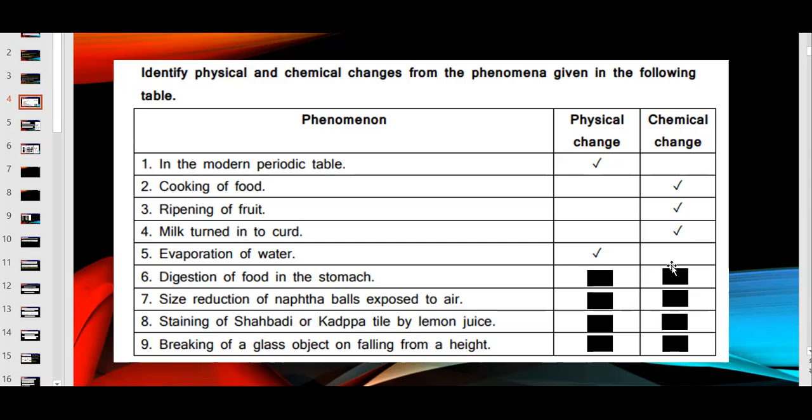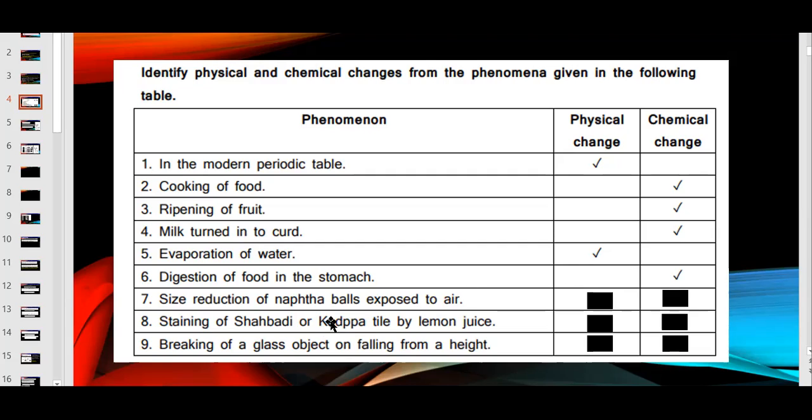Digestion of food in the stomach, it is again a chemical change. Of course, we can see a physical change, but more or less the more weightage is for chemical change. Okay, we are eating the carrot and we are making it into small pieces. Yeah, but that's not exactly a physical change, because the carrot will not remain a carrot in our stomach. When it goes in our stomach, some acids are going to be added to it, some reactions are going to happen. So this is a chemical reaction.